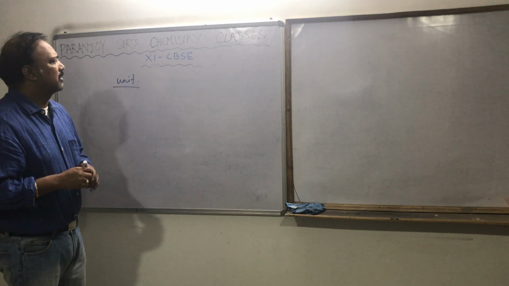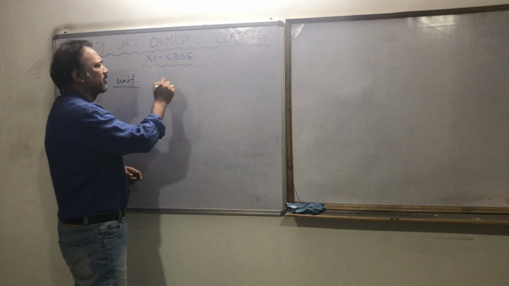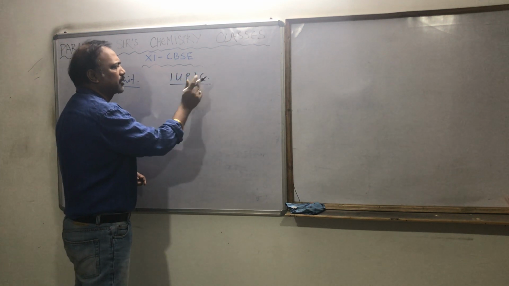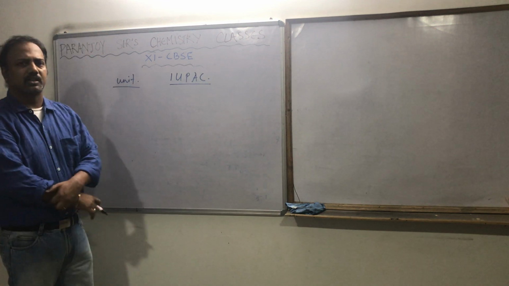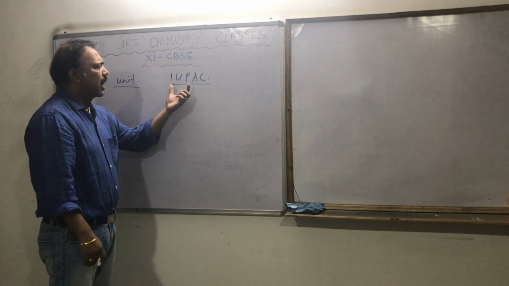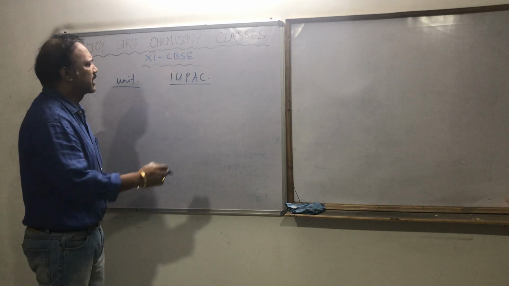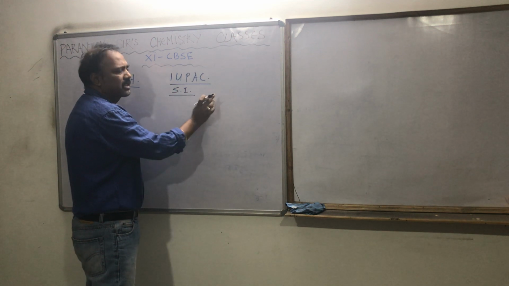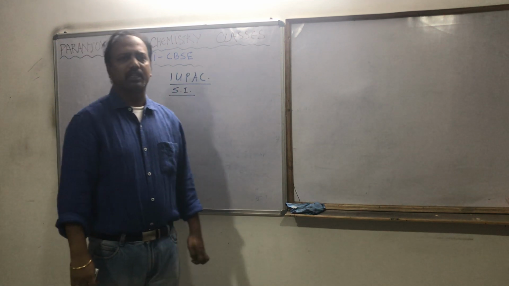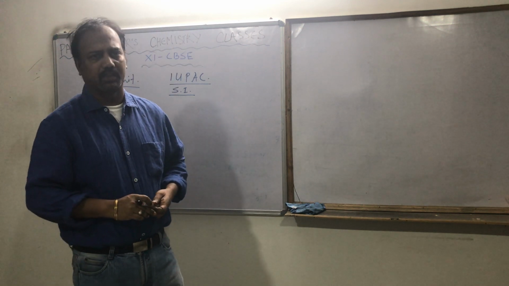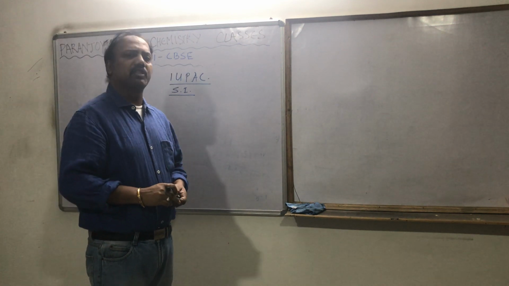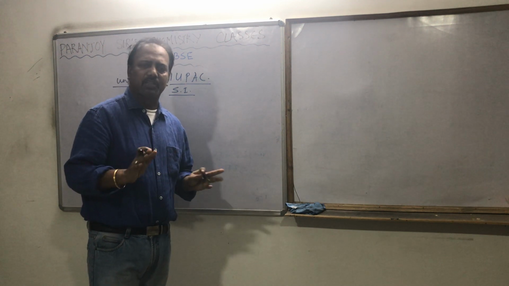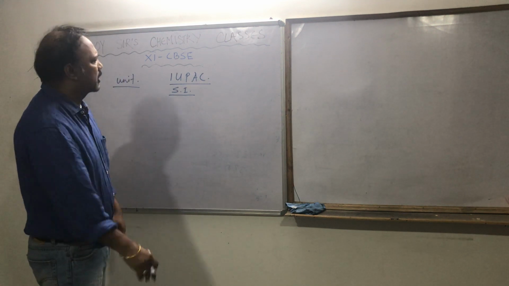Now IUPAC, obviously all of you know, is the International Union of Pure and Applied Chemistry. That's the international governing body of the study of chemistry. It has told that there are 7 basic units, and those units are called the SI units, the standard international units, by which we can measure any physical property of any substance. So what are these 7